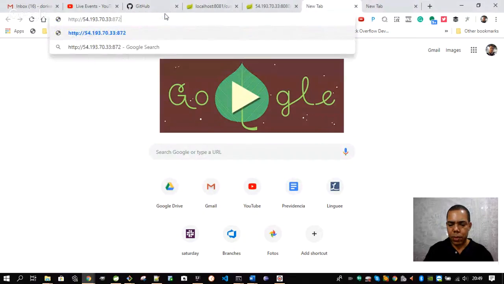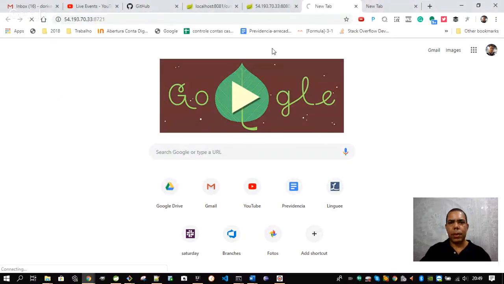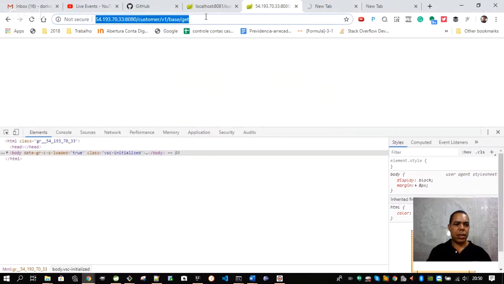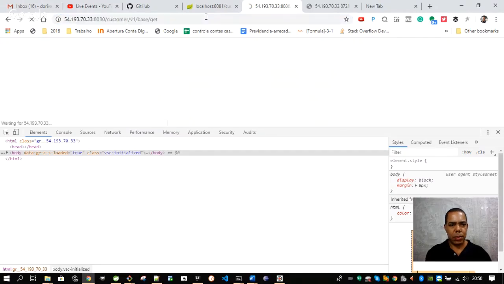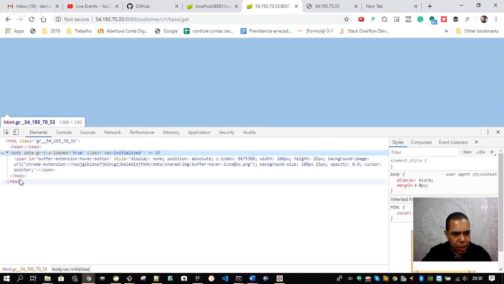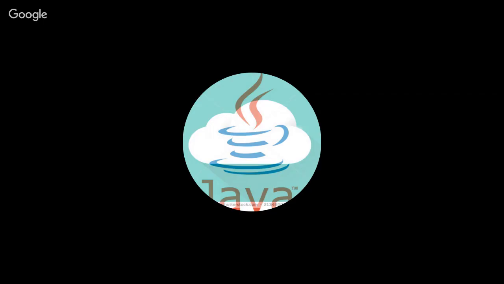localhost:8721. What we have here, we have the Eureka server that is deployed on AWS, and the other application is our endpoint. We have an endpoint here, but